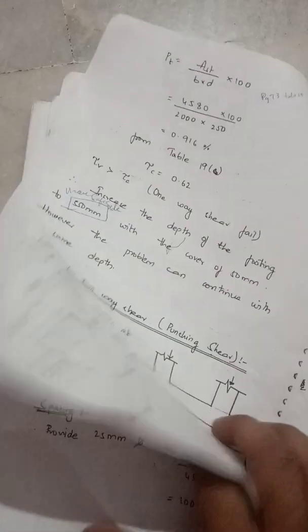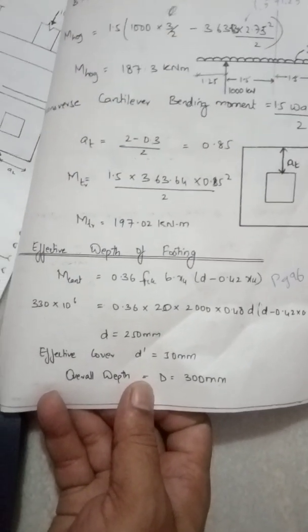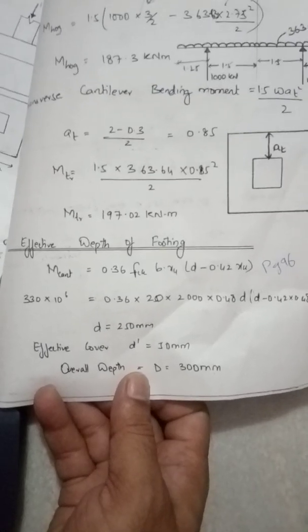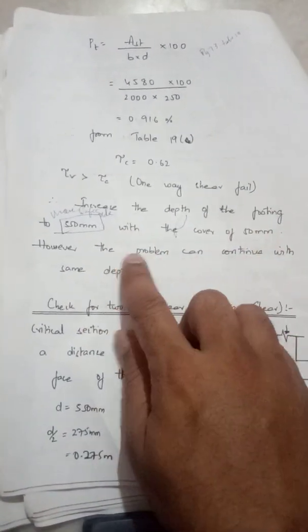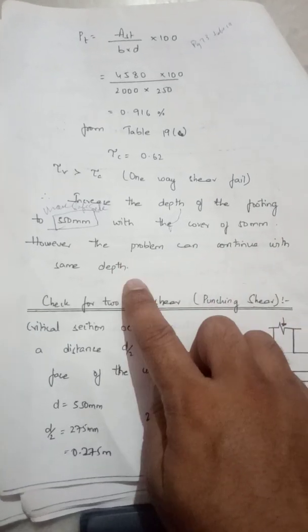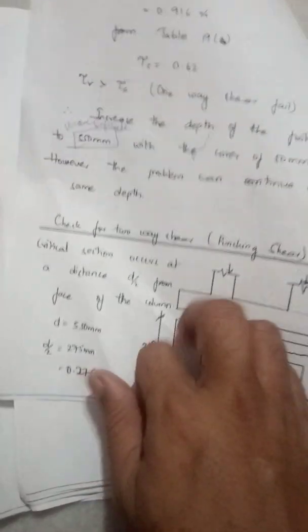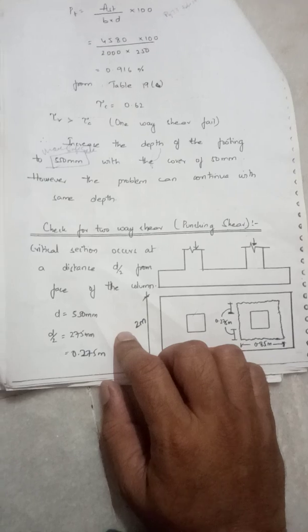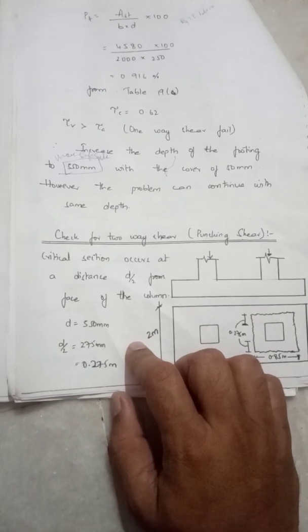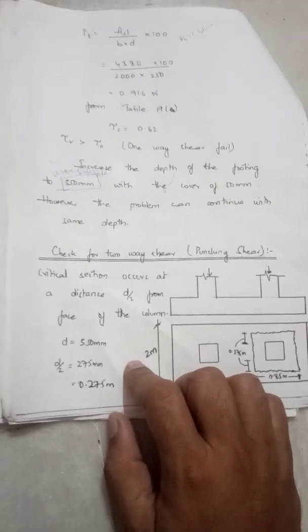You can see here, I'll just show you the depth of footing at this place is only 250. Just increase it here two times, or 2.5 times, or 2.25 times, so it is around 550. Now we are increasing it to 550 with the cover of 50, the same depth. We are continuing here with 550 because it has failed here. So I suggest you increase it at that step only, or else it will for sure fail. You will have to continue the steps.